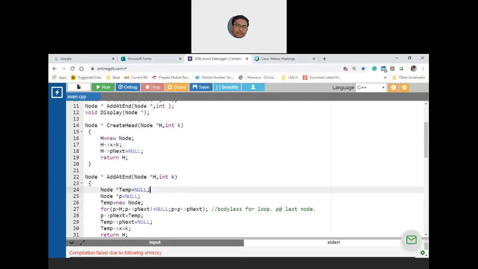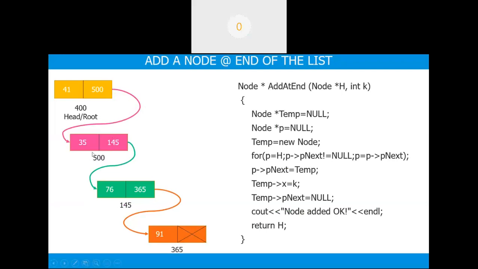Sir, when we are creating node 2, that means head after node 1, then we are creating node 2, no, sir? You are talking about node number 500. Yes, sir. That time P will be node 1, no, sir? When you are attaching 500, that time P is 400. That is correct. So that is the reason why you have to change P arrow P next, which was earlier null, with 500. So therefore P can't be constant. That means head cannot be constant. Initially P is pointing to 400, no, sir? Yes, P is pointing to 400 only, which is nothing but head only.